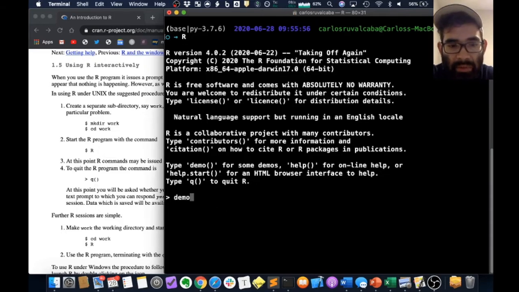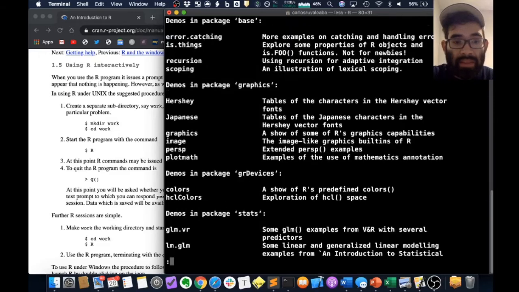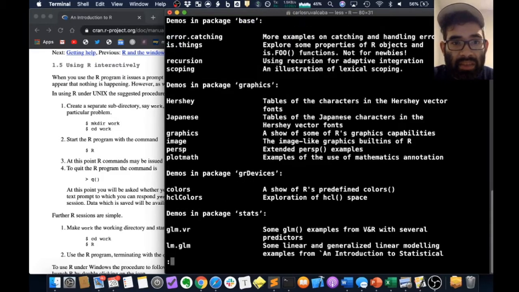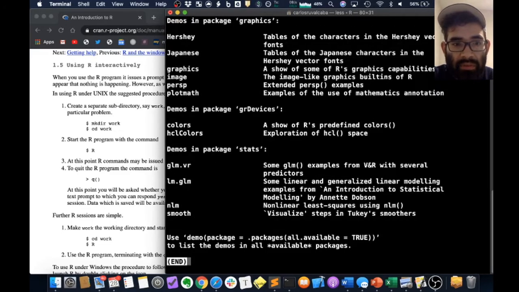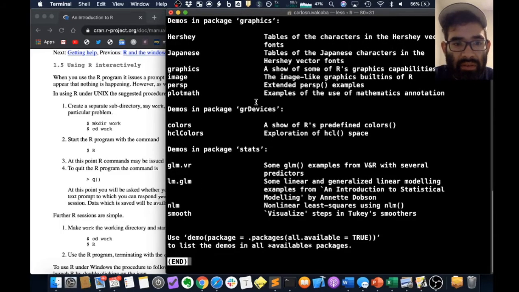So I'm just going to type demo. Let's see what demo does. I have no idea what's going to happen. And it says demos in the base package, error catching, all these things. I'm going to hit enter. Spacebar will make it go a little bit further. So I'm going to do graphics. So demos in graphics. I don't know how to run that, but